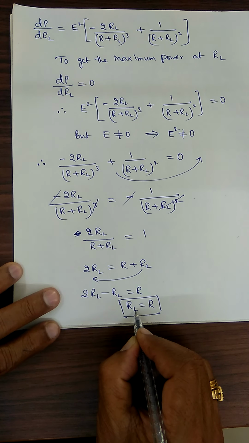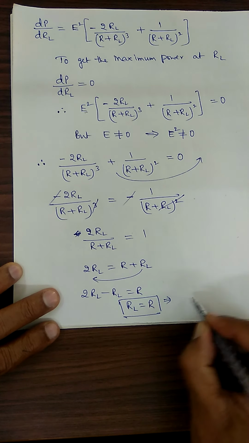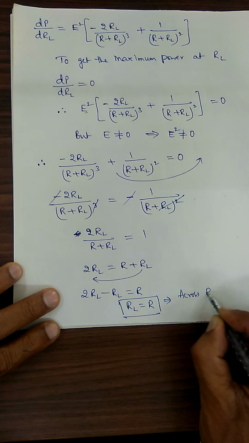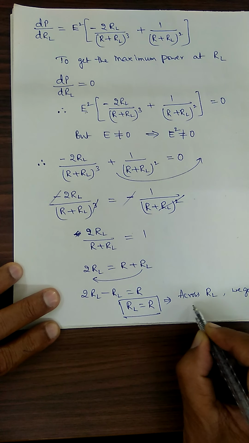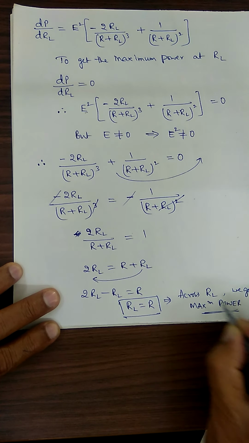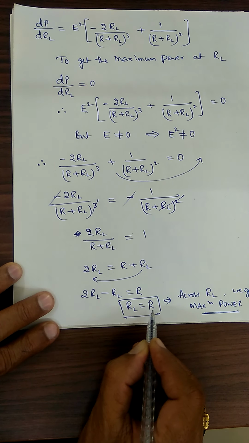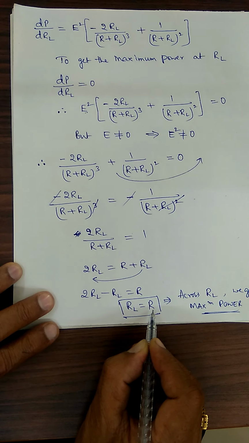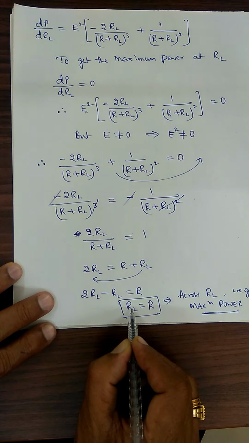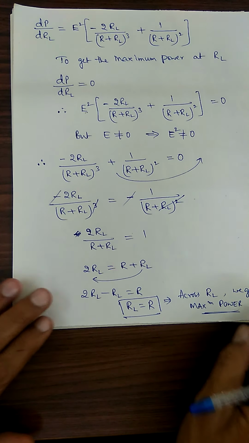So meaning the load resistance is equal to the internal resistance of the battery or a cell. Then only you are going to get the maximum power. So across RL, we are going to get the maximum power across the load resistance, provided this holds good. What is this? Load resistance is equal to internal resistance of the cell or a battery. Then only across load resistance we are going to get the maximum power. So the theorem is over. But now we are supposed to consider further ideas.